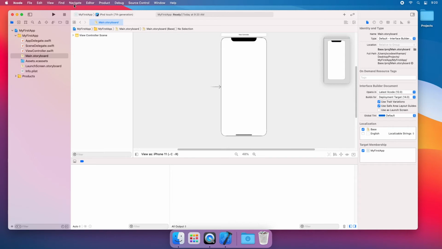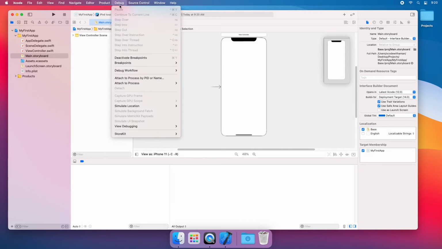Now there is a Debug menu which contains Step Over, Step Into, Step Out. If you don't know about it, then I think you are not a developer. Every developer must know about these three menus because they help a lot. Step Over is when you want to pass or cross any block, then it is used.